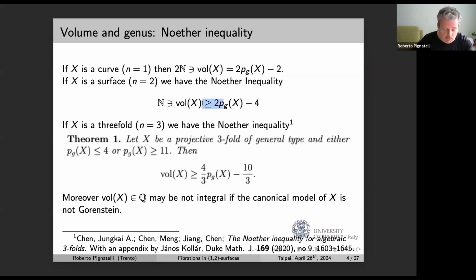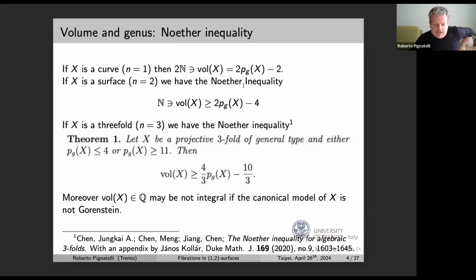In dimension 2, this is no longer true, and there are, in fact, two inequalities. The simplest one, the oldest one, is the Noether inequality, which can be written in this way: the volume of a surface is an integer, and it is at least 2pg minus 4. Well, there is another inequality, which is known as Bogomolov-Miyaoka-Yau, which says that the volume is smaller than 9pg plus 9, but it's more difficult, and it's far from the scope of this talk. So this talk is about the Noether inequality, and the Noether inequality for threefolds, which has nothing to do with Max Noether now, but is, of course,